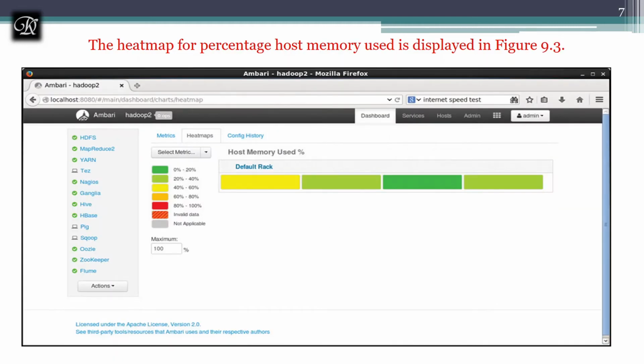Even you can come up with a heat map, to select the metrics across the cluster. It is going to select throughout the cluster. When you click on the heat map tab, a heat map for the cluster will be displayed. To select a metric used for the heat map, choose the desired respective heat map. This is one it is going to show.